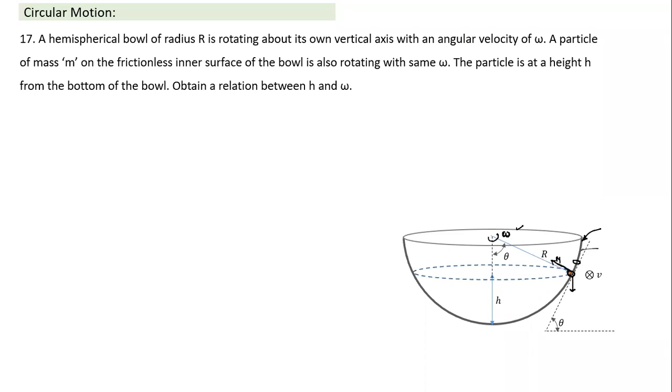So actually, does it mean that it is staying here? See, what is contact force here? The reason it is not sliding down is that when it is slipped onto a semicircular ring, it is made to go in circular motion. So this ring is also undergoing circular motion. If it is undergoing circular motion, it must have a centripetal force, and it will not slide downwards if upward force and downward force are equal. So let's analyze this motion in the vertical direction and then in the horizontal plane.